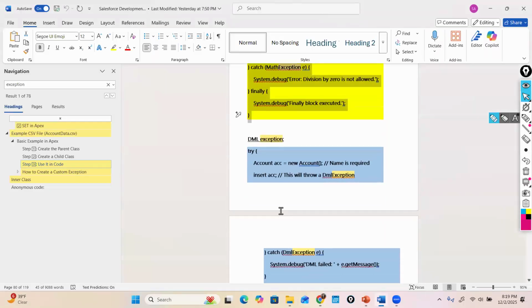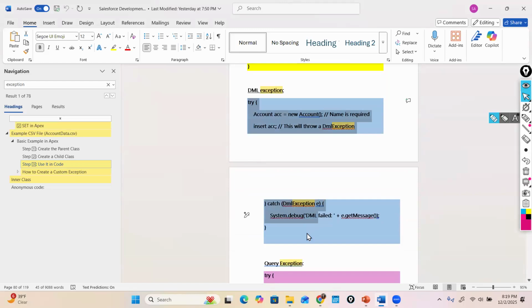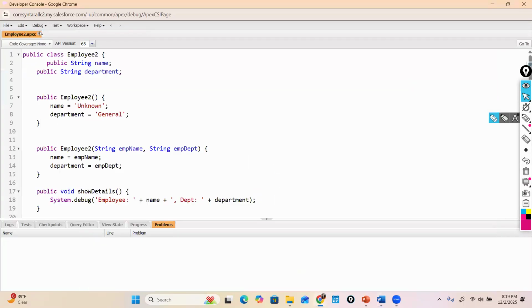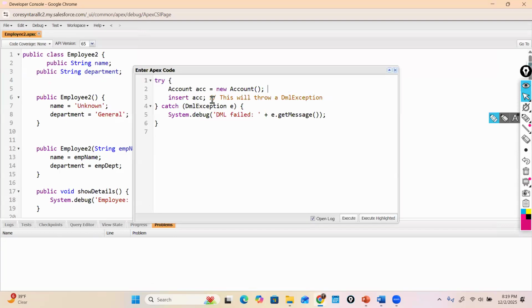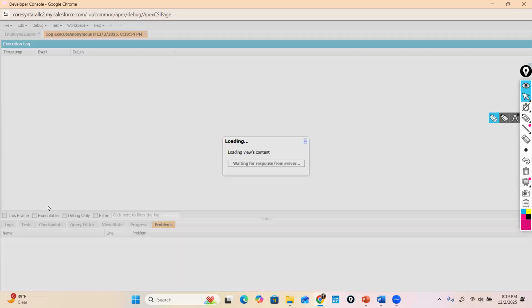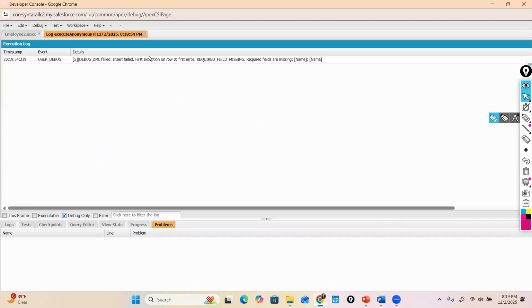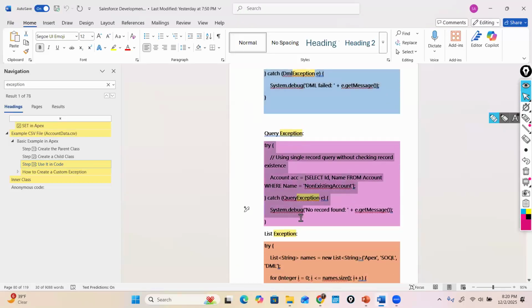Now the next example, let's do that. Pretty simple. Okay, now what's going to be the output? Number 5, DML failed. Very good. Because the account name field is not there, it's a required field. And since you haven't provided the required field, a DML exception will be thrown. Okay. Now the next one is